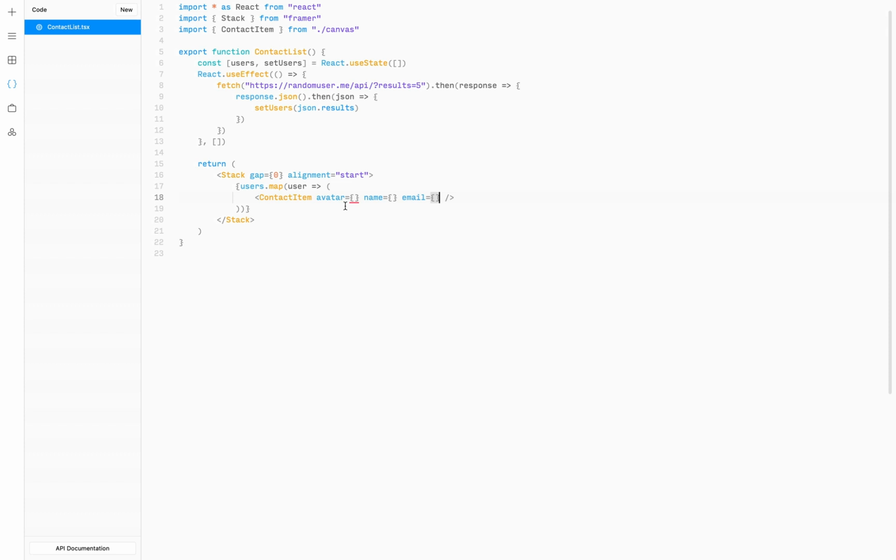So let's switch back to the editor and start filling those in. So for avatar, we want to call user.picture.medium. For email, it's just user.email. And name, we want to combine it from the first and last name. So I'm going to use a template literal with 2 properties. The first one, user.name.first and